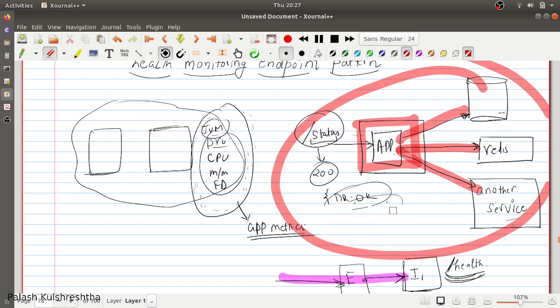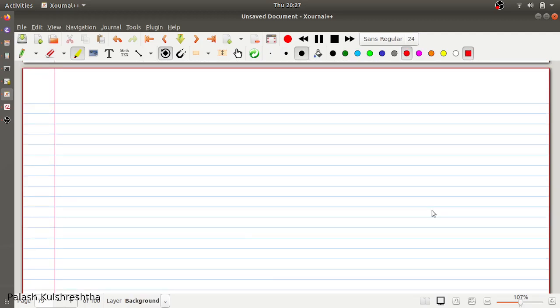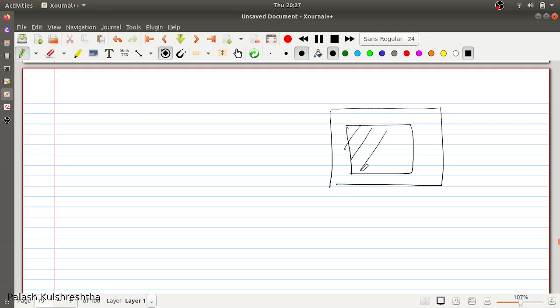What are the other things that we can check with this pattern, or that we can improve in our system with this pattern? Another way we can use this pattern is, for example, if you have a website which is serving some particular page, this is the web page that this website is serving.